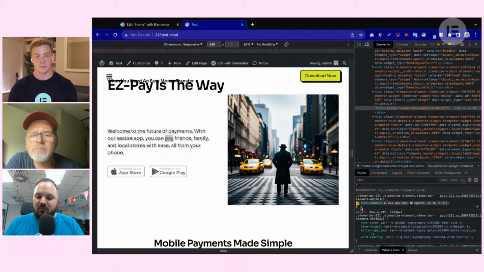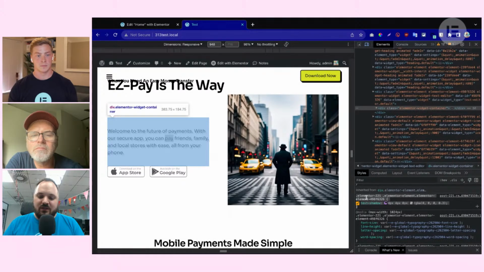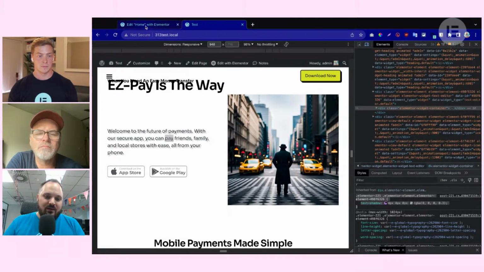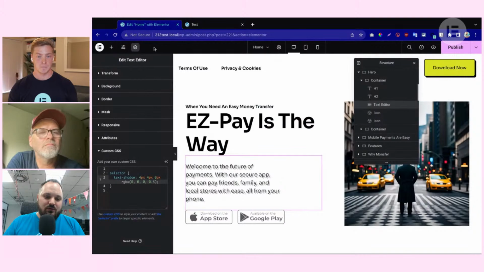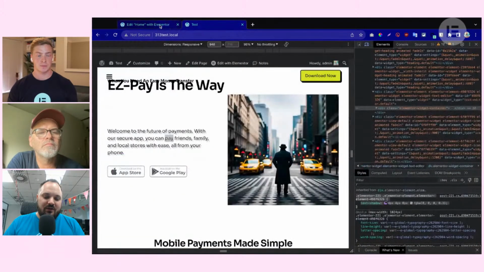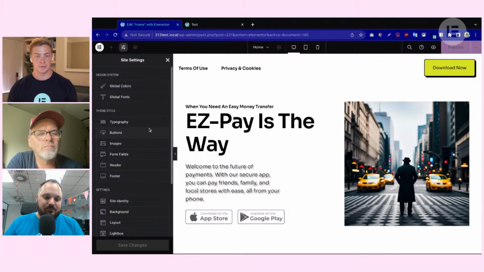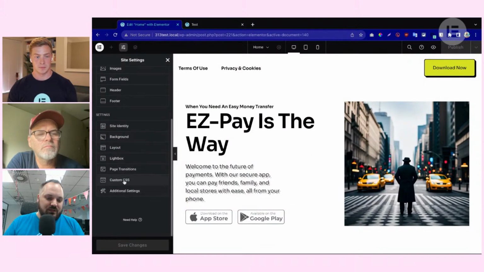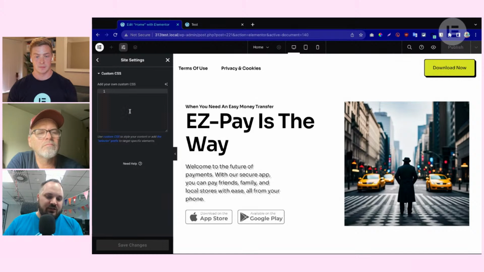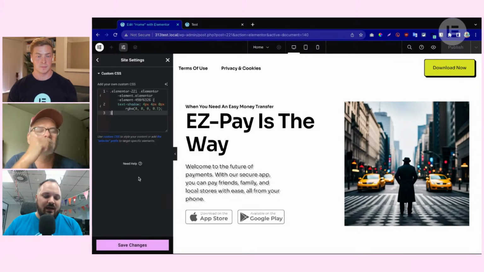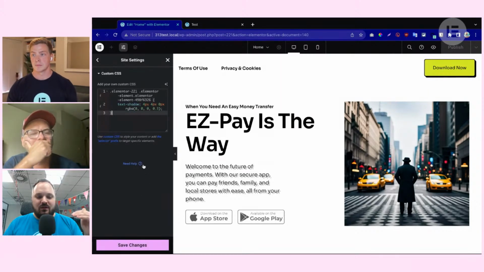So we can actually copy the whole part here, okay, and right click copy and go to either the customizer or to Elementor site settings. Go to the custom CSS and just paste it here. Okay, and then you can do this for every CSS you've added on any page, and you can just click